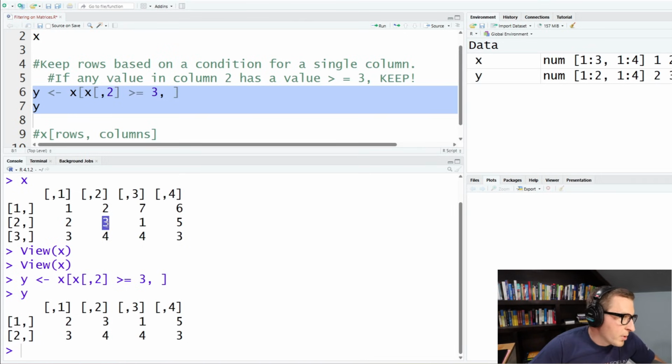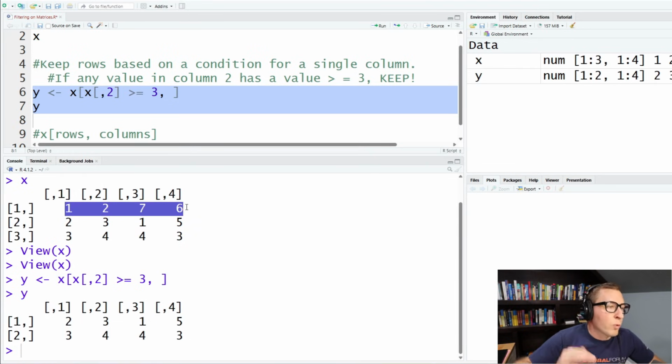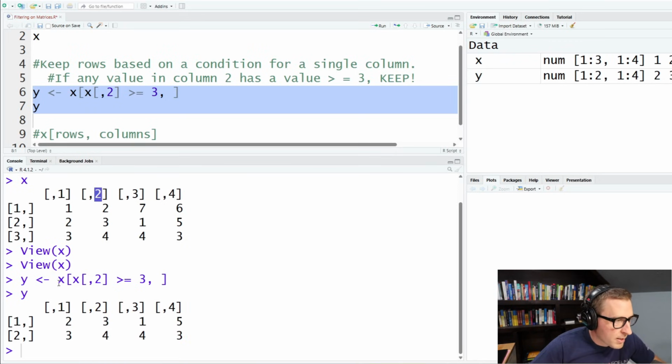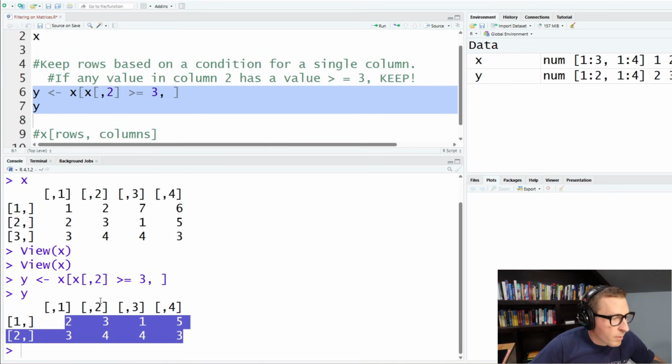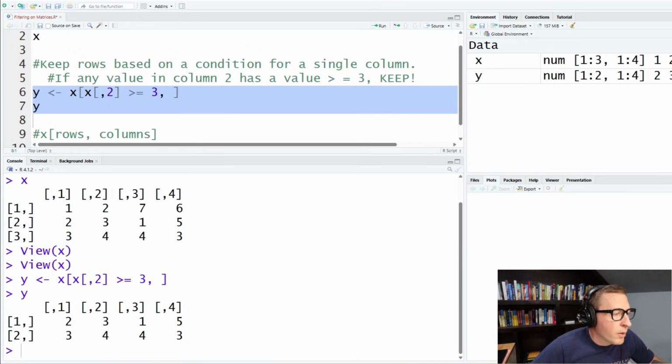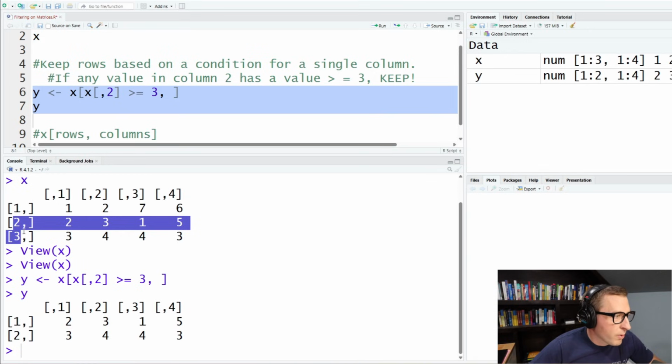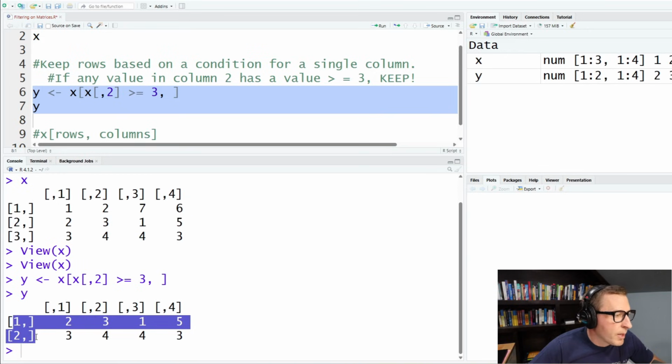And then 3 is equal to or greater than, and so is 4. So we would expect that this first row is dropped just because column 2 does not meet that condition. And as we printed out Y from that condition that we wrote, you will see here that we kept rows 2 and 3, but we did drop the first one. I will importantly note here, the index re-updates to 1 and 2. So it was technically 2 and 3 in the original one, but it's going to reset them as it creates